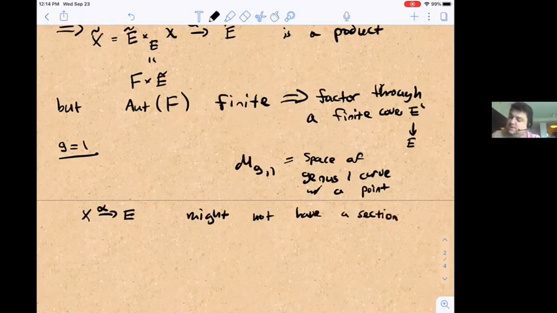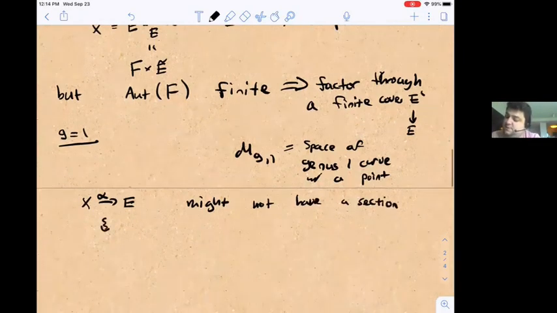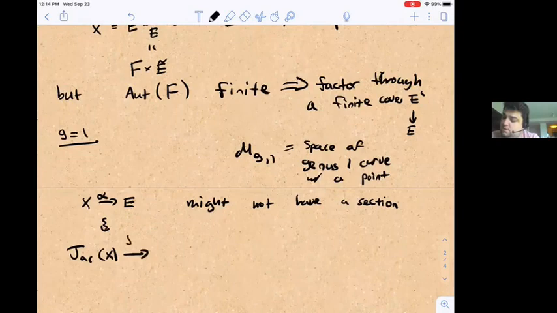But we can take an associated fibration, the Jacobian, where we take the Jacobian of every fiber, and we can do this in families. And now this will be another genus 1 fibration where it does have a section given by the trivial line bundle. Since the Jacobian is the moduli space of degree 0 line bundles, the Jacobian has a distinguished point. And so this Jacobian fibration gives us a classifying map